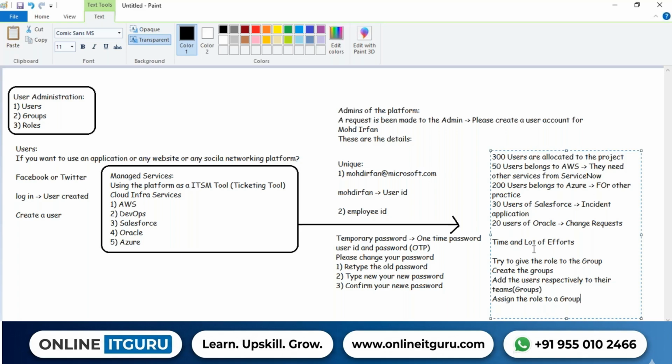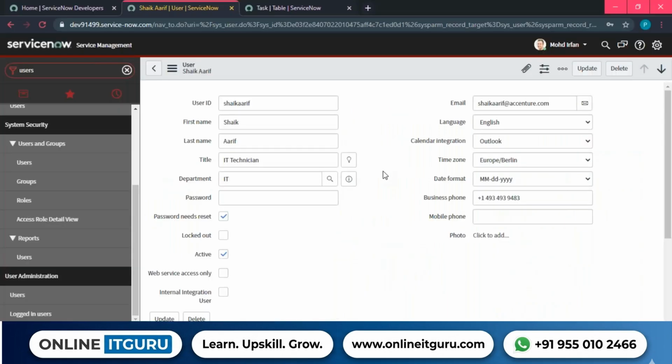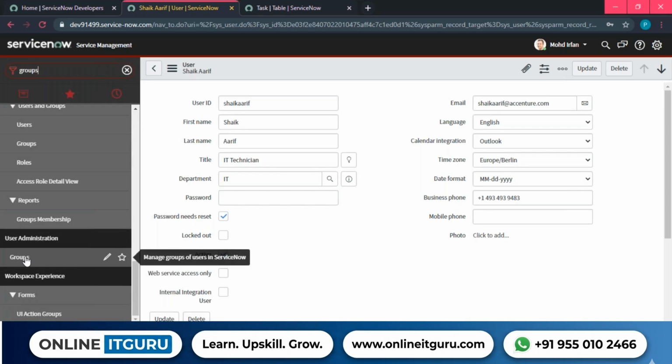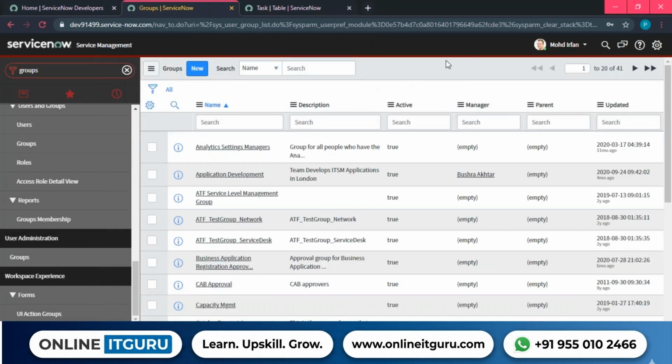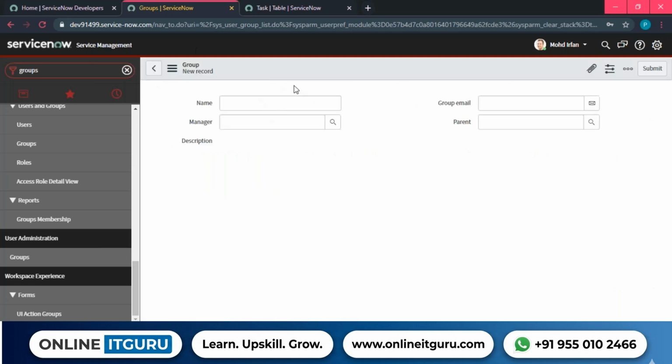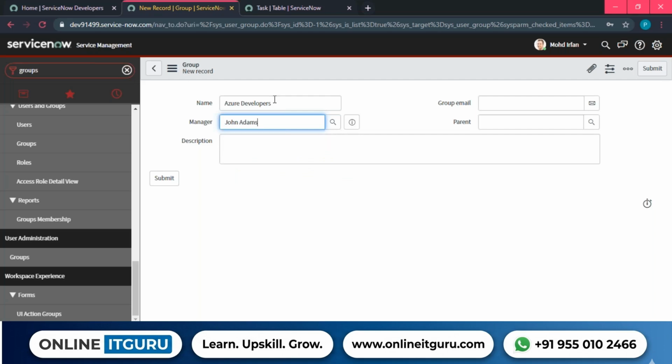Now let's understand how we can create a group. I'm going to search for groups, and in User Administration you can find Groups. Create a new group and provide the name of the group. In this case I'm going to say Azure Developers. And who is the manager of this group? I'm going to say John Adams is the manager. Every group has a DL or a group email ID, so I'm going to say Azure Microsoft team